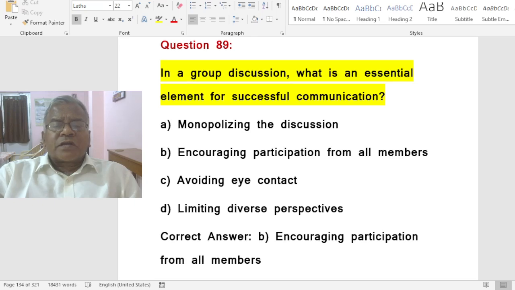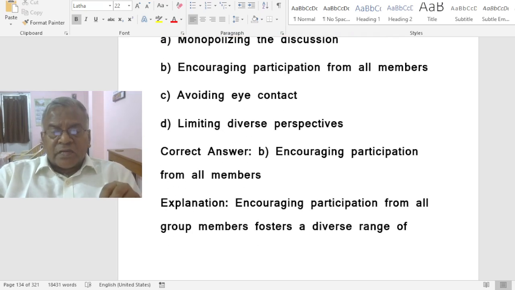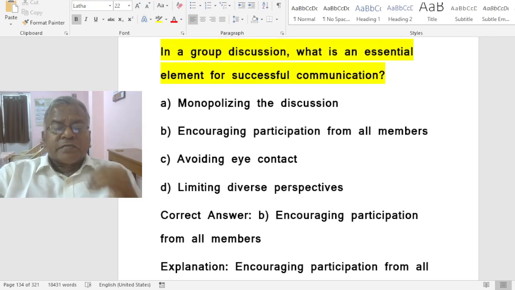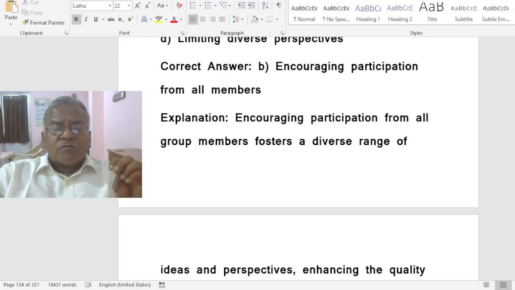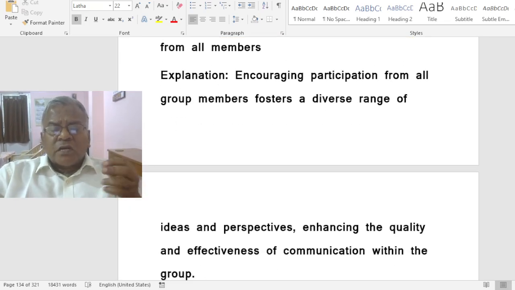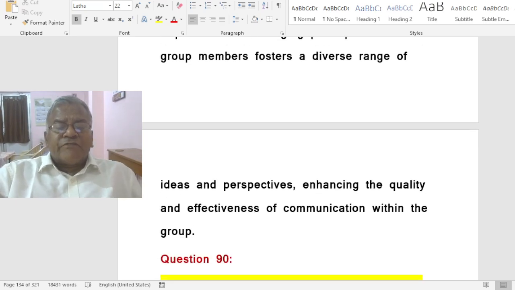In a group discussion, what is an essential element for successful communication? A. Monopolizing the discussion. B. Encouraging participation from all members. C. Avoiding eye contact. D. Limiting diverse perspectives. That is, encouraging participation from all members. Encouraging participation from all group members fosters a diverse range of ideas and perspectives, enhancing the quality and effectiveness of